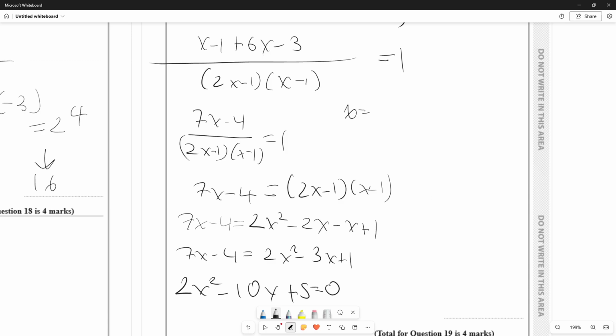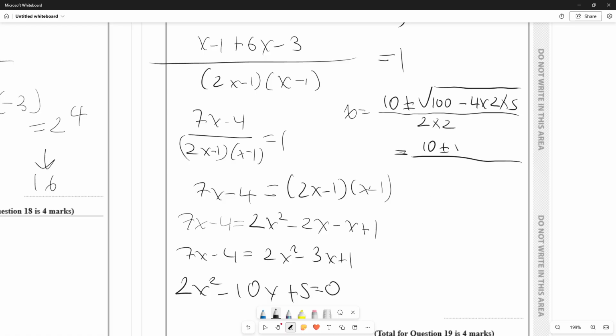So x is equal to minus b, which will just be minus 10, which is just 10, plus or minus the square root of minus 10 squared, which is 100, minus 4 times a, which is 2, times c, which is 5, over 2 times a, which is 2, and you get x equals